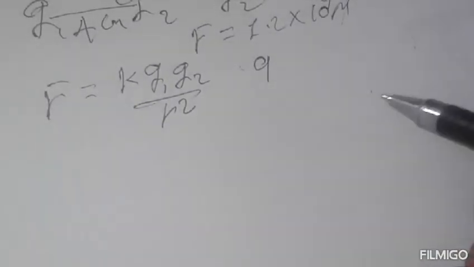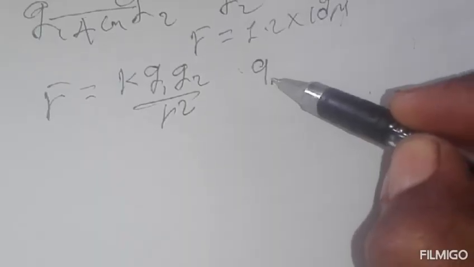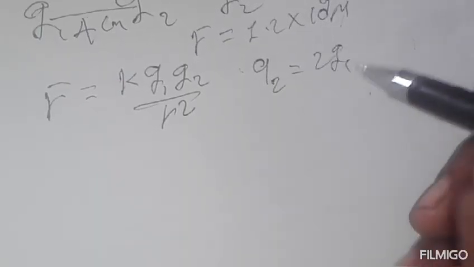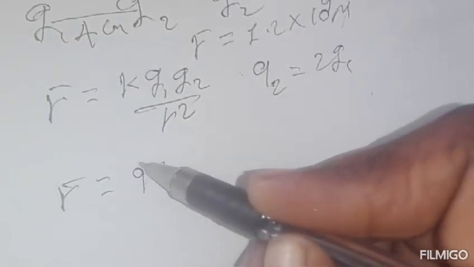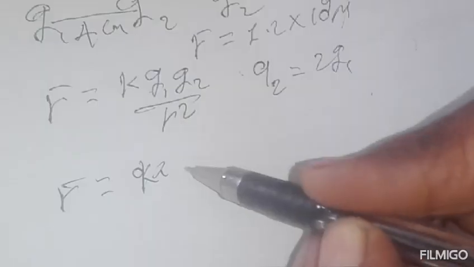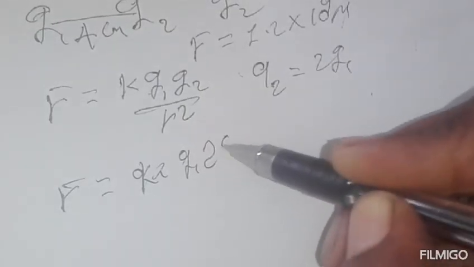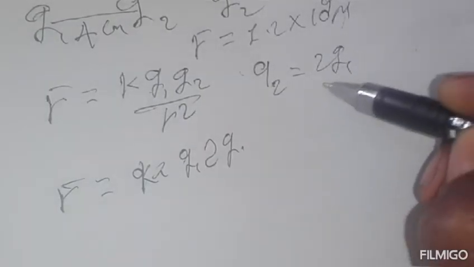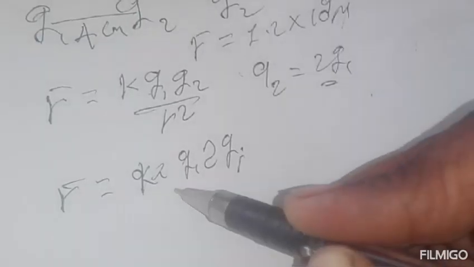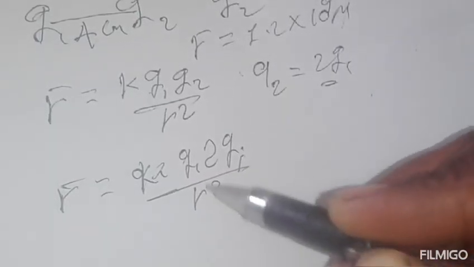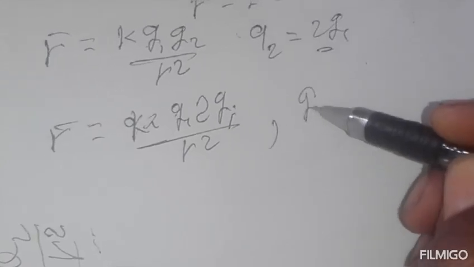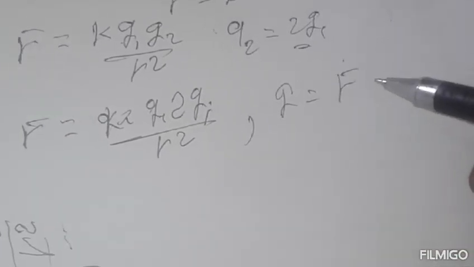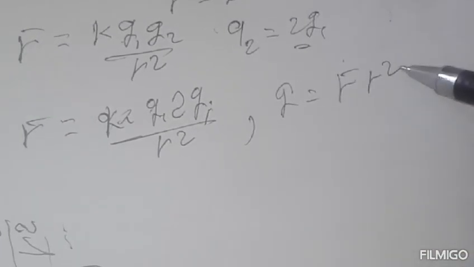So if charge 2 is twice of charge 1, therefore force is equal to Coulomb's constant K times charge 1 times twice of charge 1, since charge 2 means twice of charge 1, over the separation distance r square. That gives charge times charge, which is charge square. The charge is what we want now, so charge q is equal to force times separation distance r square